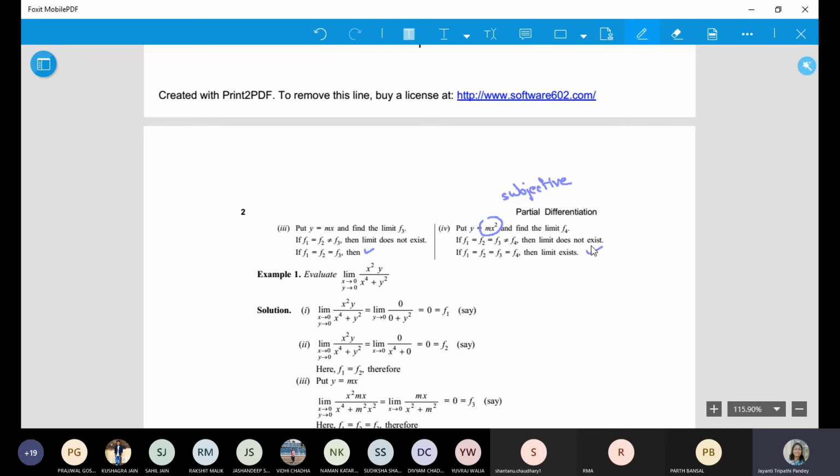Okay, so generally what happens when we try to find out the limit for x tending to 0 and y tending to 0, the steps increase and it becomes 1, 2, 3 and 4, four steps. But if we are finding the limit for non-zero values, then it has only 2 steps, that you find f1 and you find f2 and check if they are equal or not. Is it all right? So now let's see how we solve these questions.